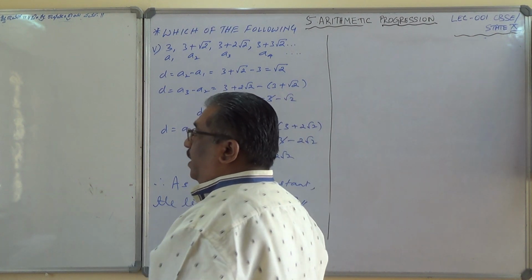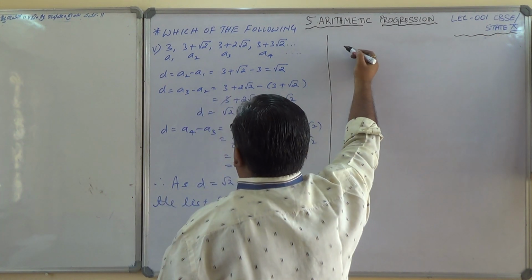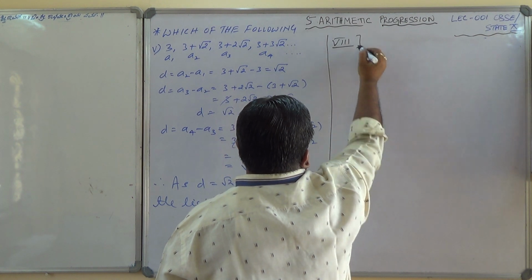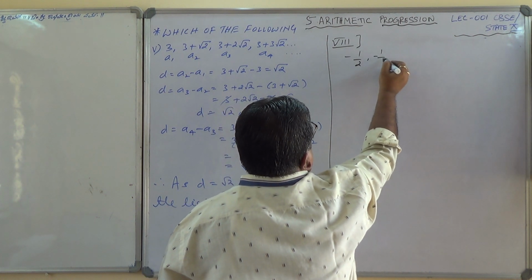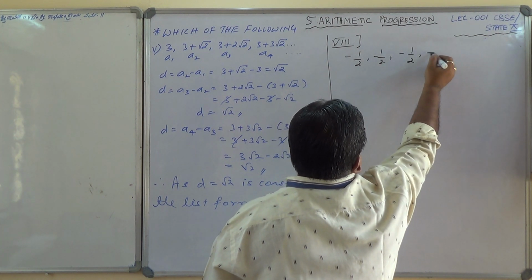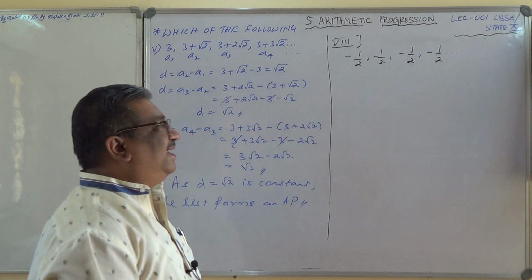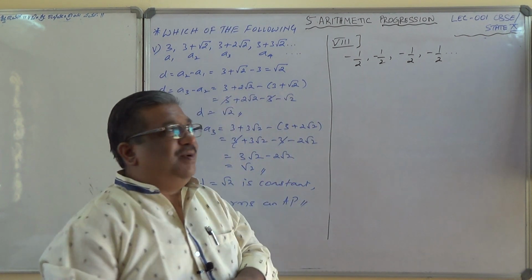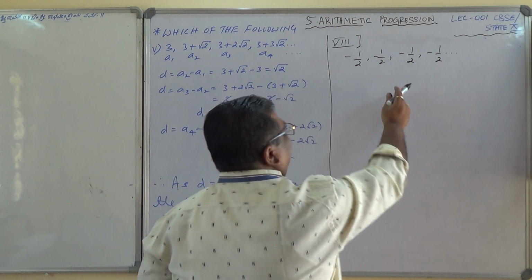Which one shall I take? 0.22, that you can work out. Minus half. Yeah, very interesting. One more problem. This is the eighth one. Given list of numbers is minus half, minus half, minus half, minus half, dot dot dot. What a number here, isn't it? By looking at this, can you see that the common difference is 0 here? It is not 0. Let us see. We'll work out the common difference.